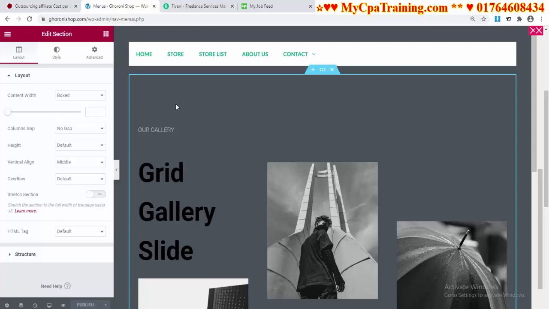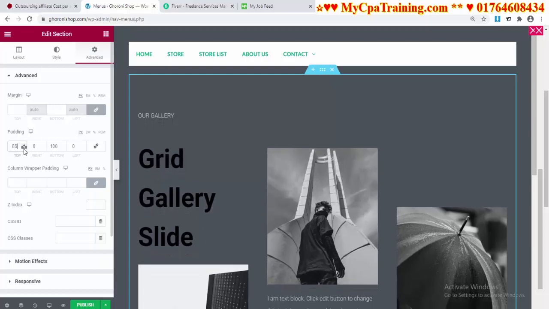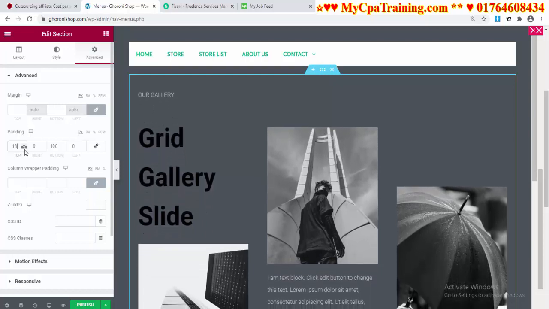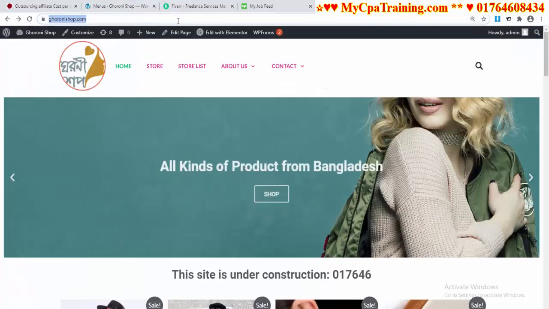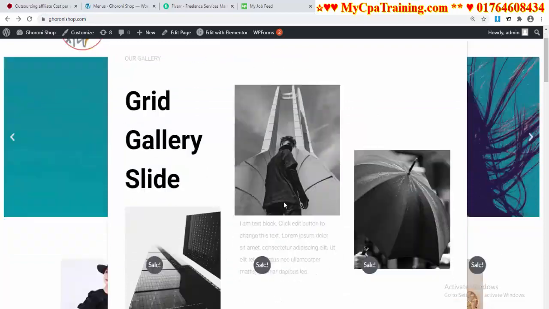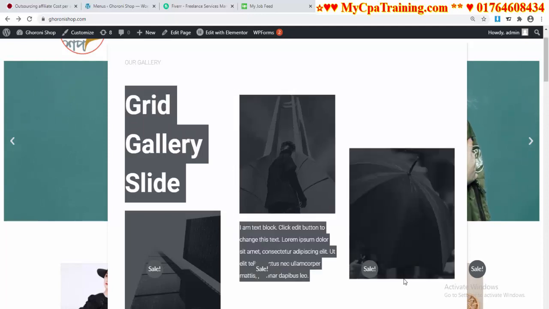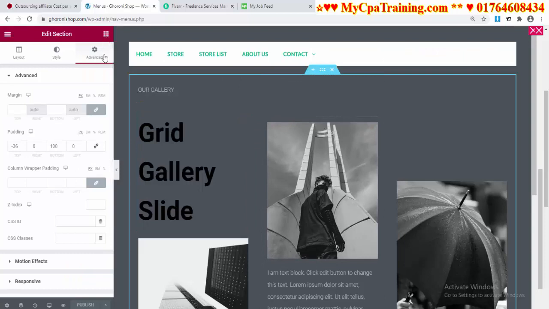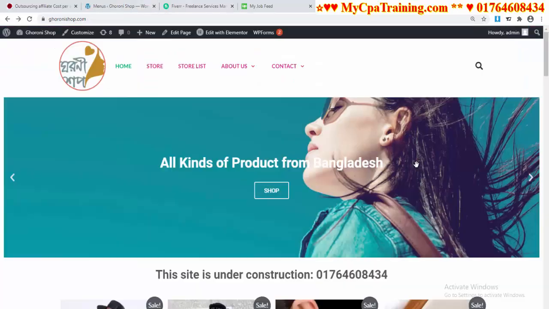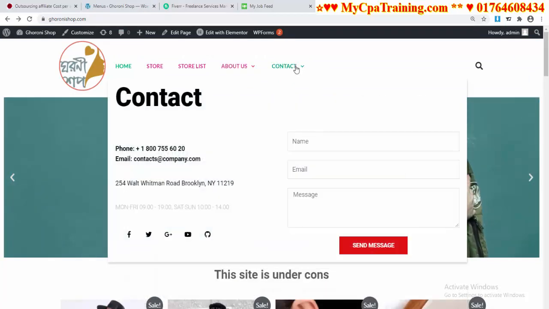Okay, I want to decrease this height, advanced, and done, publish. If I refresh my site and done. Now we can change any elements from here, suppose images, text, and we can add more elements here from this elements option. Okay, now I think you know very well how you can make an advanced mega menu with Clever Mega Menu and Elementor.